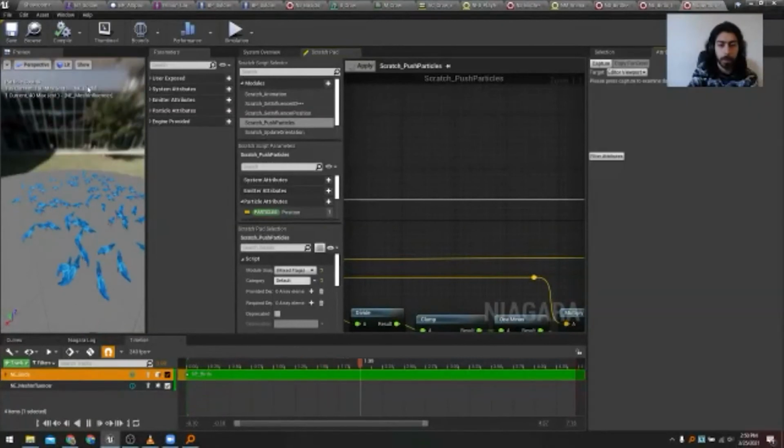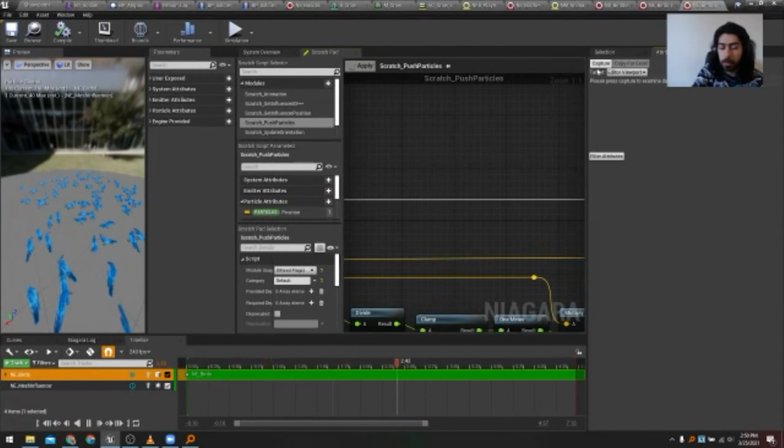Oh, sorry, it's here. Okay, so this is the attribute spreadsheet, and it can actually capture some information.